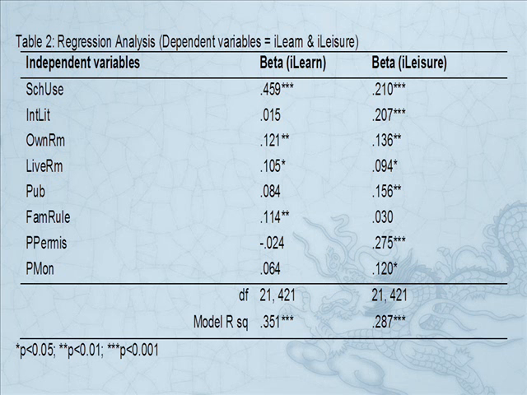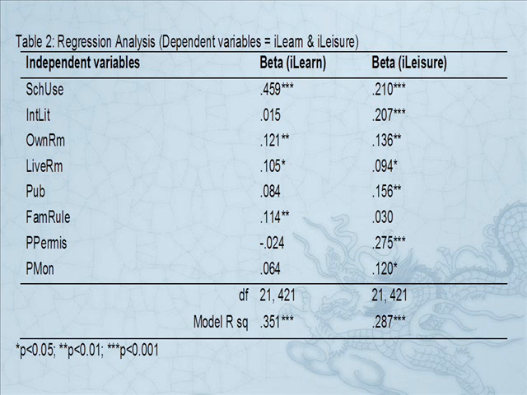The results of regression analysis indicated that students' use of ICT for learning activities at home is significantly related to the following variables in proper order: students' use of ICT in school, students' use of computer in their own room at home, family rules, and use of computer in living room at home.